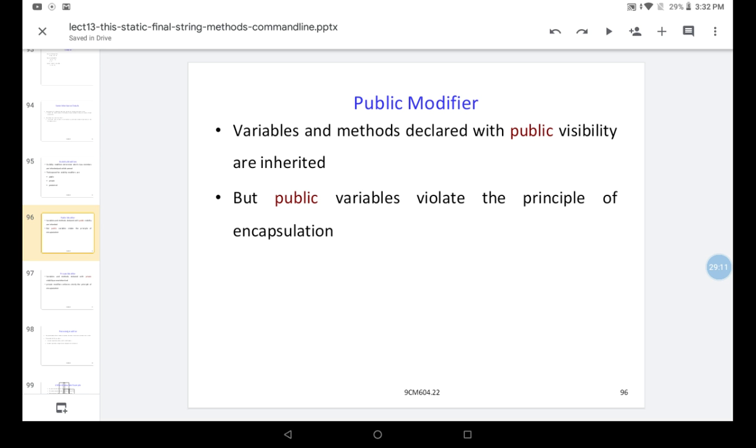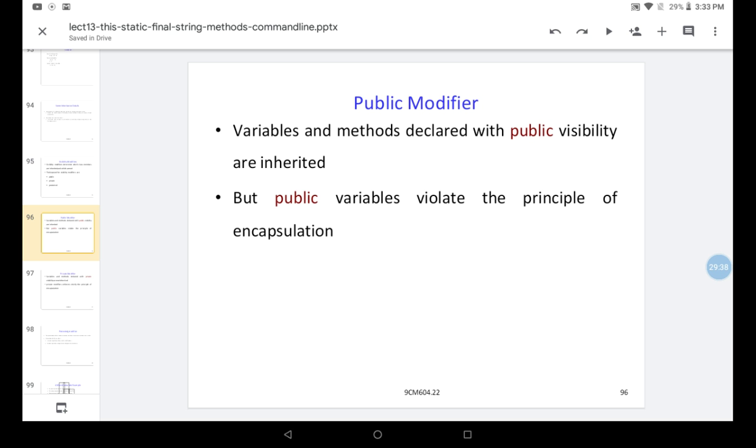So the public modifier: variables and methods declared with public visibility are inherited. There is no restriction. All the properties of the base class are inherited if the visibility qualifier is public. But public variables violate the principle of encapsulation.